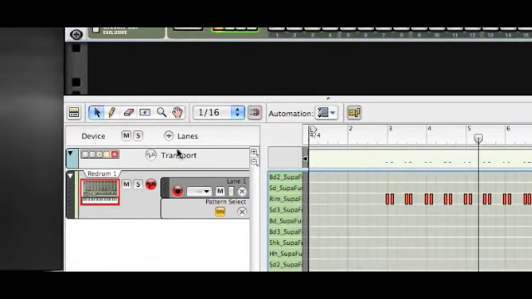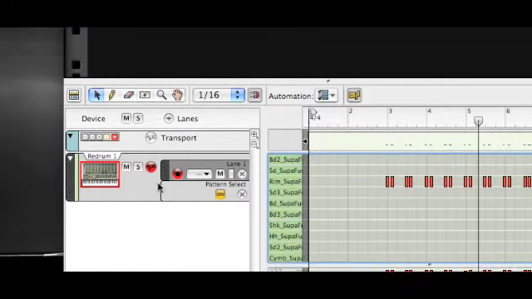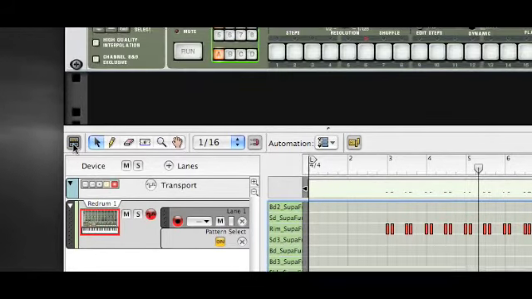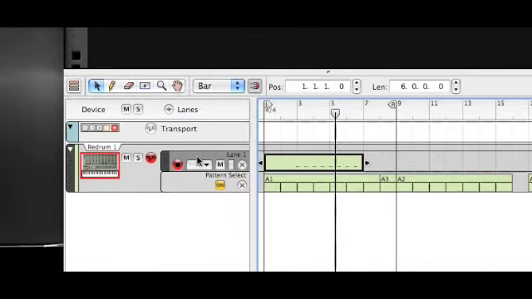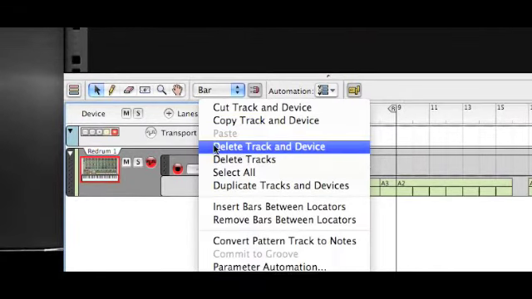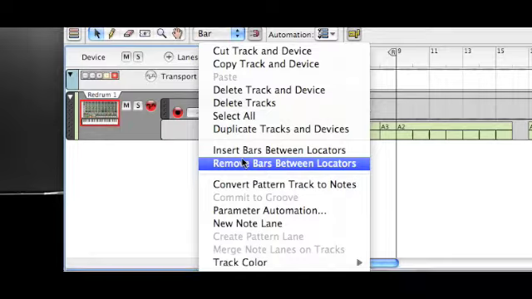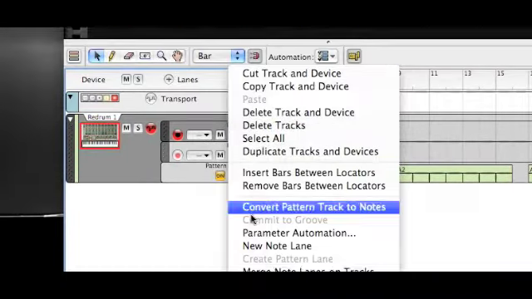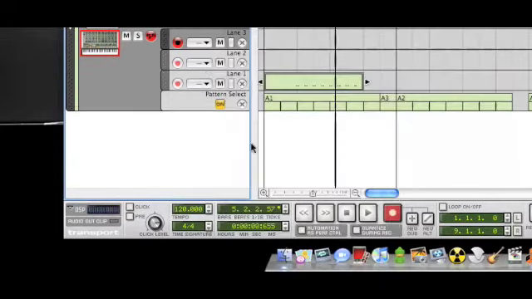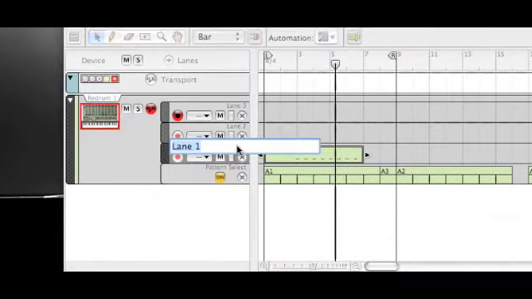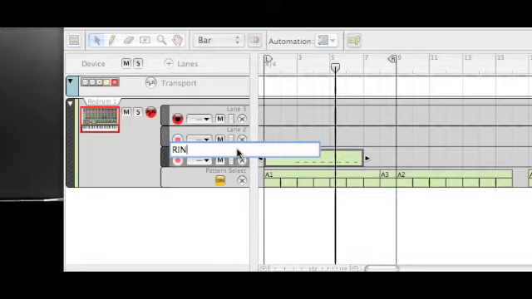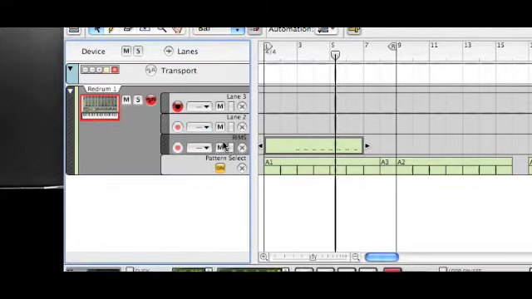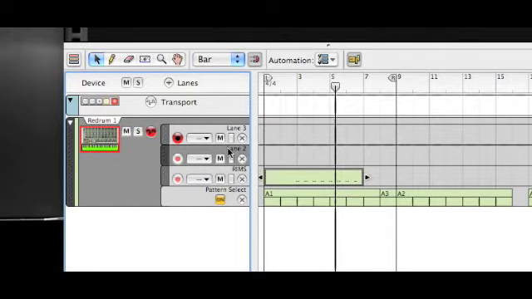Okay, I'm not going to look at quantizing at the moment because we'll come back to that at a later date. Click on this button to come back to our window, and what we should be able to do now is create a new note lane, and we can create as many as we want. So make sure you label things. That's our rims, and then on lane 2